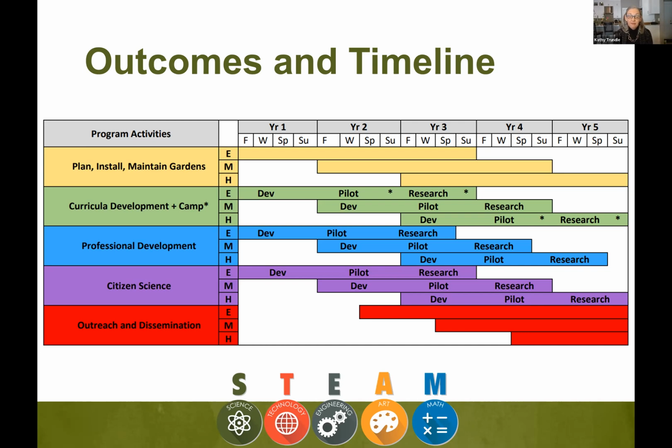We work with elementary schools for the first 3 years. Right now, we are in development. The first year with each grade band is development. The second year is piloting what we developed in year 1. And then in the third year, we do the research component based on what we learned with the pilot data in year 2. So it's sequential in terms of development, and it also is